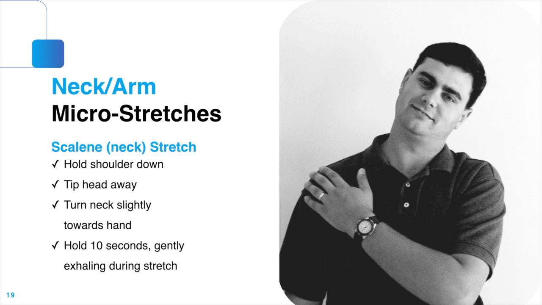The muscles on the sides of the neck can get tight with forward head posture. These are the muscles that can squeeze nerves and blood vessels to the arm and hand. Stretching these gently, but often, can reduce arm and hand pain risks. Bring your head tall, hold your shoulder down, tip your head away toward the other shoulder. Be aware, do not turn your head away from the stretched side.